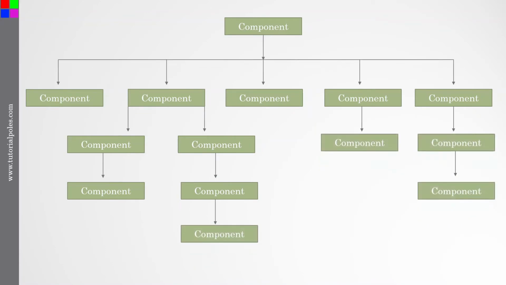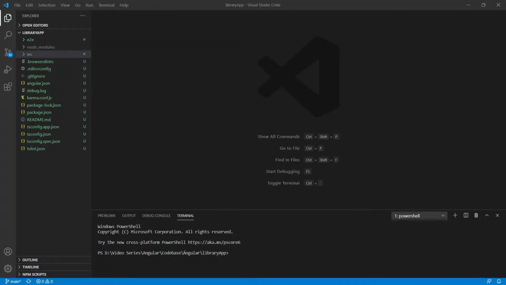Again, any defined class with component decorator becomes a component. Similar to the ngModule decorator, the component decorator also has options to configure the component behavior and presentation. Let's create our first component and name it UserDetail component. Run the command ng generate component UserDetail, or ng g c, where c stands for component